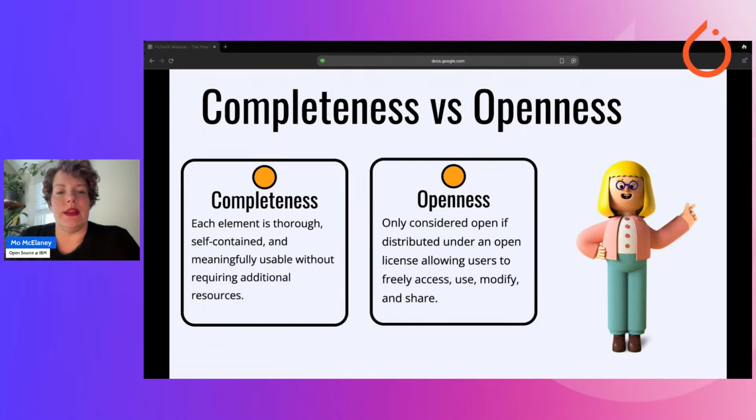And then when you're thinking about openness, there's the binary property indicating whether a particular component is licensed under an open license or not. A component is considered open if and only if it's distributed under a license that grants users the rights to freely access, use, modify, and share. So if a component is not licensed under an open license, it is not open.